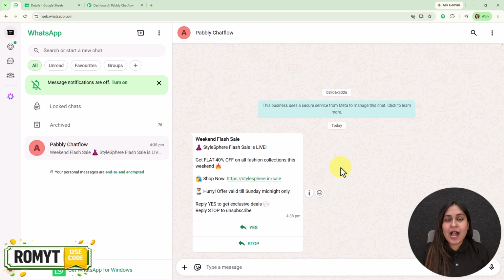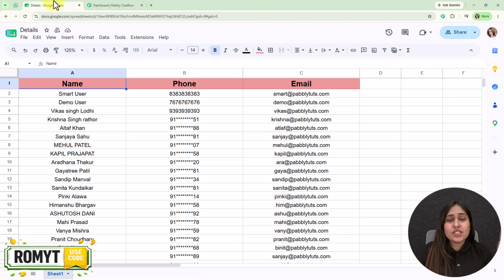As a business owner, I want to send my new sale offers to all my existing customers on WhatsApp, whose numbers I already have in this Google Sheet. Manually sending a WhatsApp message to each and every customer takes a lot of time, and creating a group sounds very unprofessional. In that case, I got to know about this amazing WhatsApp broadcast technique that allowed me